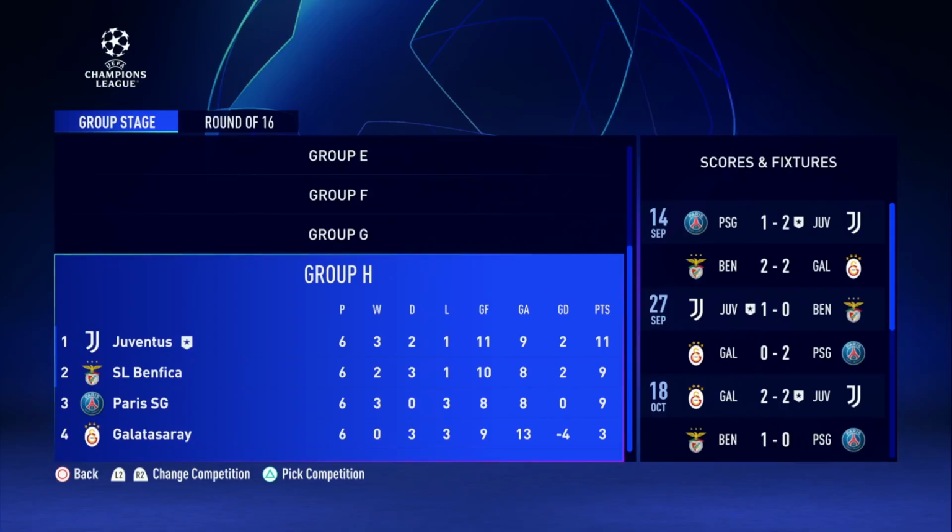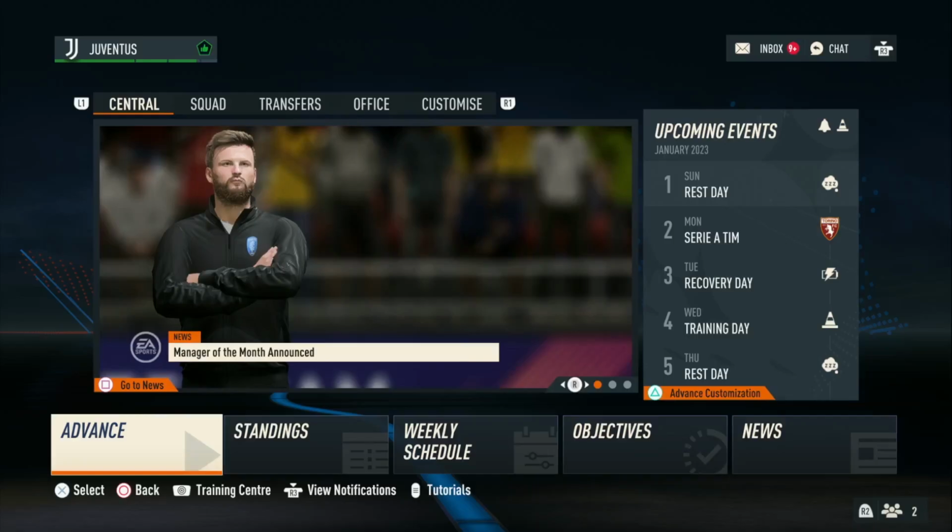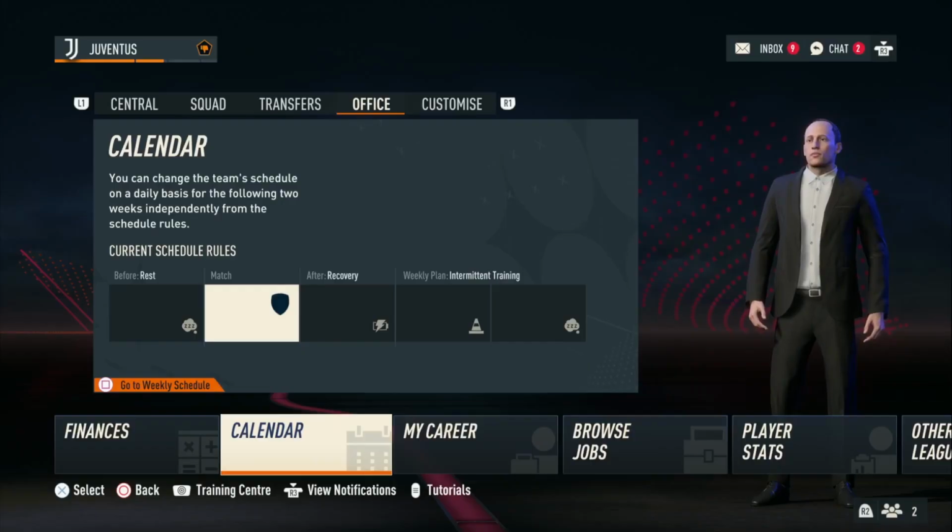I forgot to check, Champions League, we topped the group with 11 points, and in the round of 16 we're going to be facing Sporting. So, I'm not going to make any signings in January, I'm just going to sim right through to the end of the season. So we're at the end of the season, and as you can see in the top left